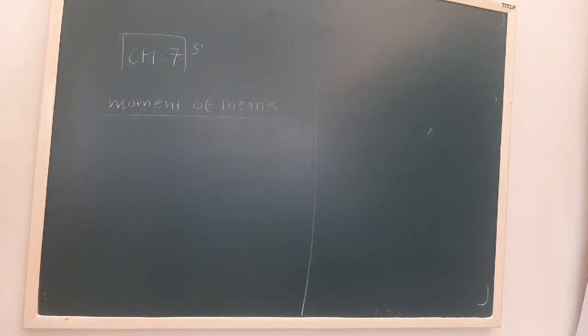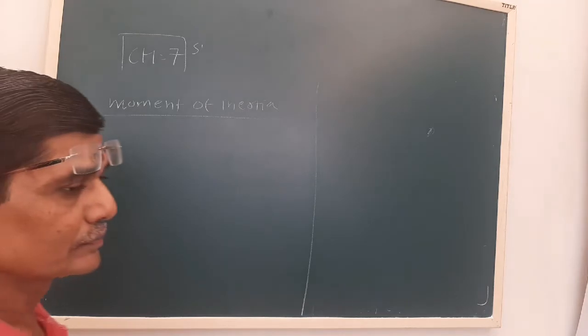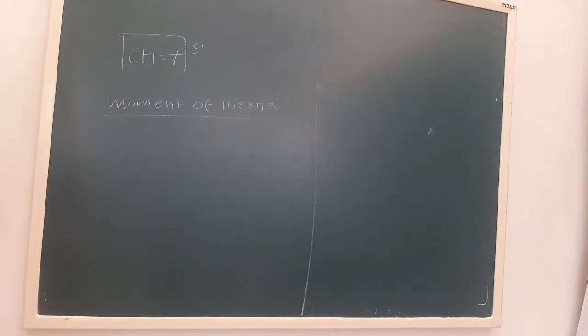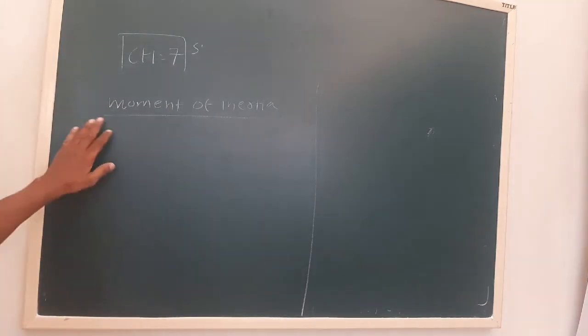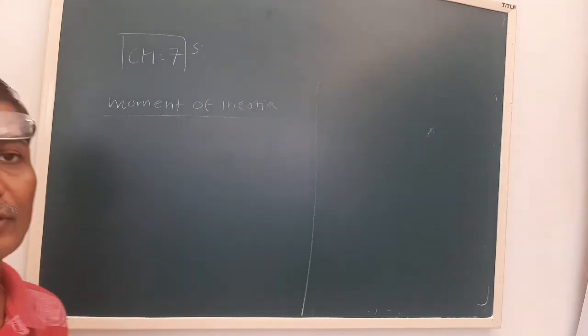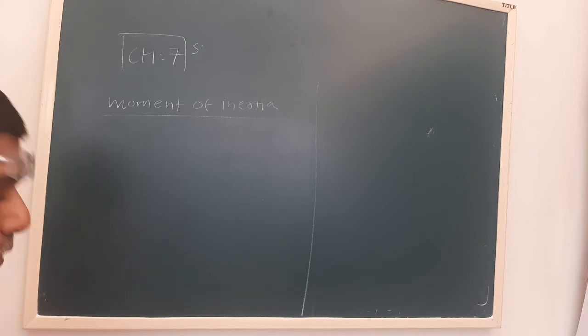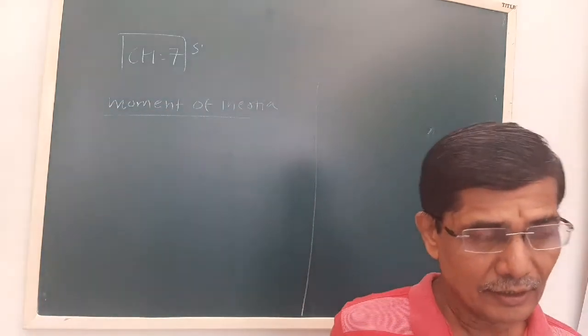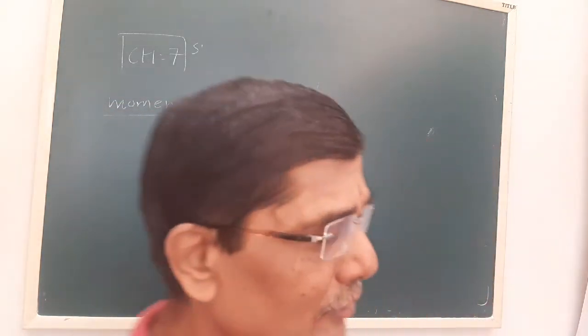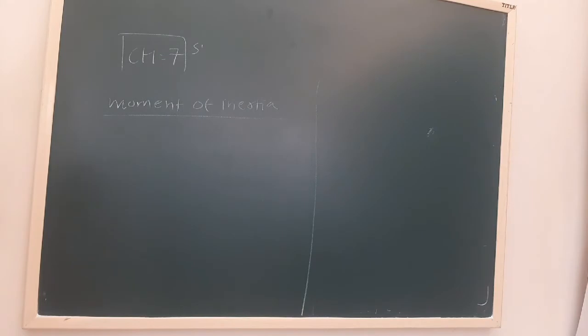Okay, now see, in linear motion we require mass. Similarly, to describe rotational motion we require moment of inertia. Now see rotational kinetic energy. We can relate rotational kinetic energy with the translational kinetic energy. See what is the formula of the translational kinetic energy.